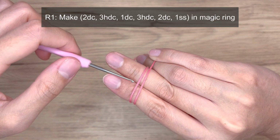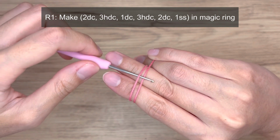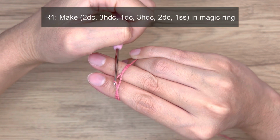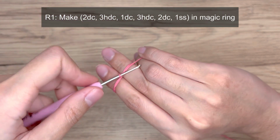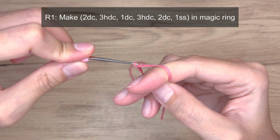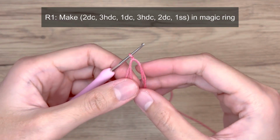And then all I'm going to do is grab a hook, pull the first line under that second yarn, just like that. I'm going to rotate my hook. Then I'm going to grab that first line of the yarn and then pull that piece through. So you're going to get